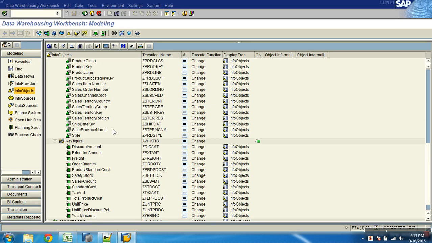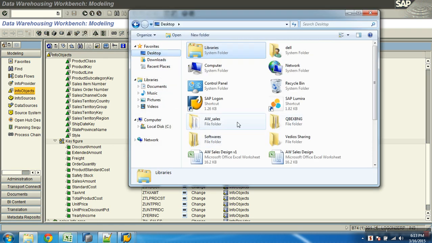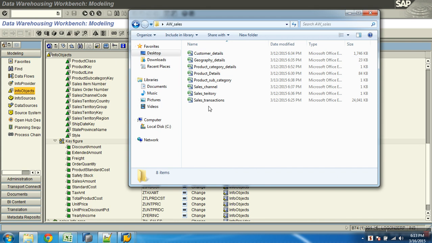So now we have the complete data model built in BW with all the master data, and the cube is ready for us. And if you look at the data that is given, it's all available in what? Flat files. These are the different files. We need to extract data from these files and load into the respective targets, whether it is master data or text tables or your cube.